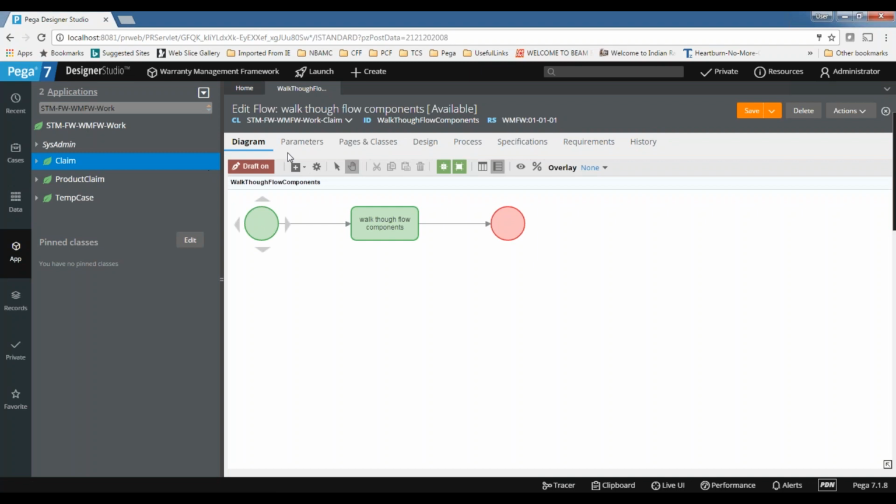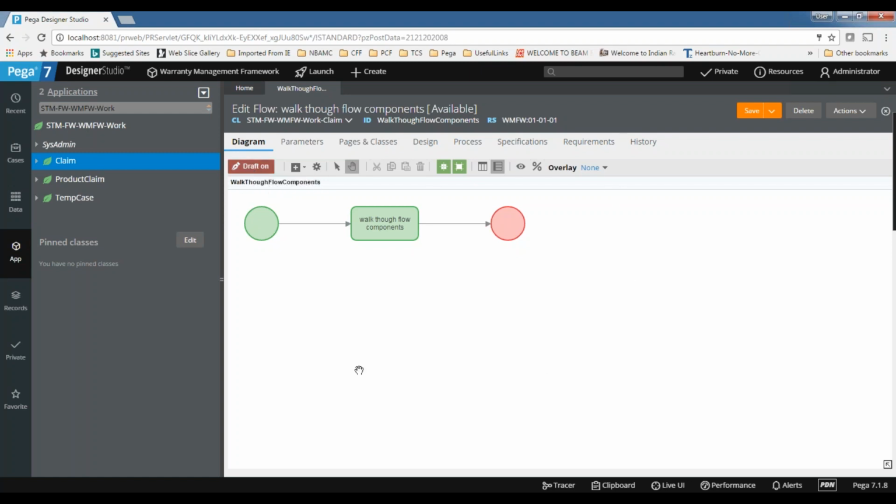And one more thing you have to remember. When the flow is in draft mode, those flows will not be executed in the production environment. So while moving the code to production, we need to make sure that each and every flow is in draft off.